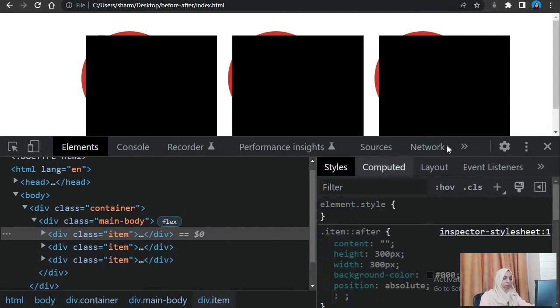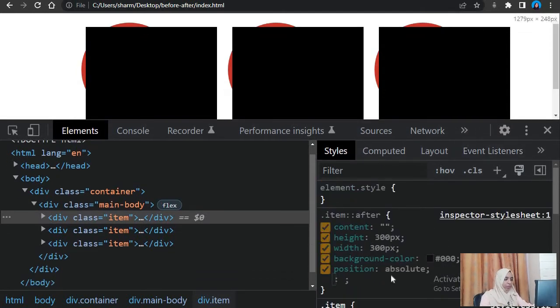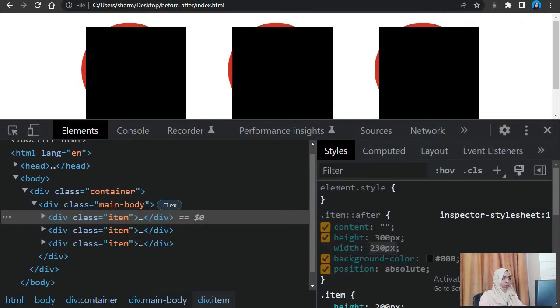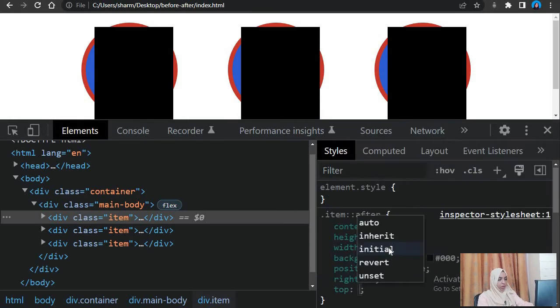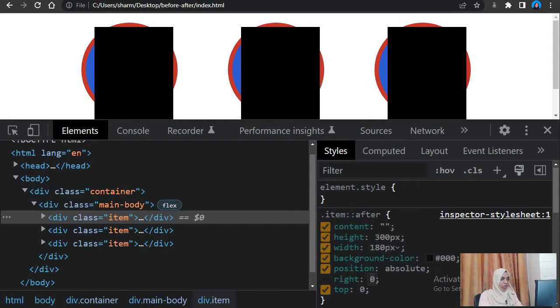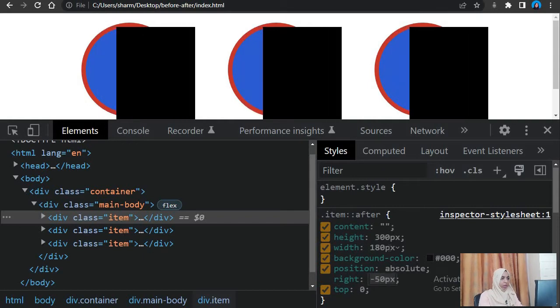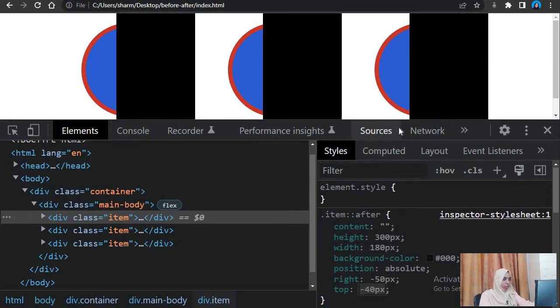Alright, so this is your position absolute. I think we can reduce the width a little bit. Okay, this much is enough, 180 pixels. Then we can give it a right of 0, a top of 0. Okay, and let's just pull it a little bit outside, and let's take it to a bit top.